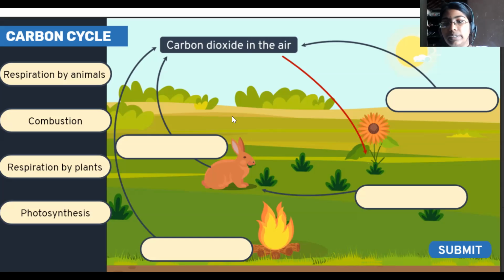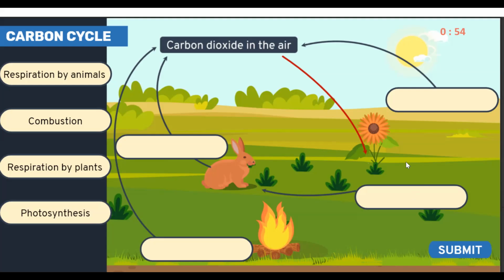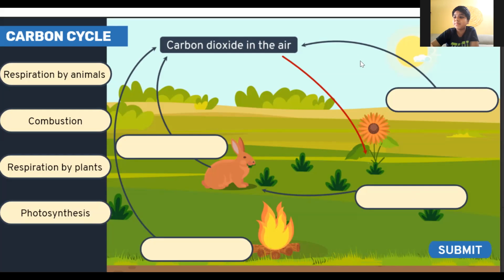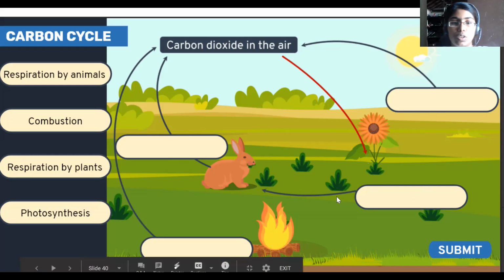Can Rahul tell me the next one? Ma'am, I said it wrongly. The first one is respiration by plants. Okay, very good. You found your mistake. Yes, Vijay, very good. Superb. So Rahul, what would be the last one? I thought that is respiration by plants. Is it true? Ma'am, it is photosynthesis. Yes, Vijay, it is photosynthesis. In the small one in the center, we'll give photosynthesis.